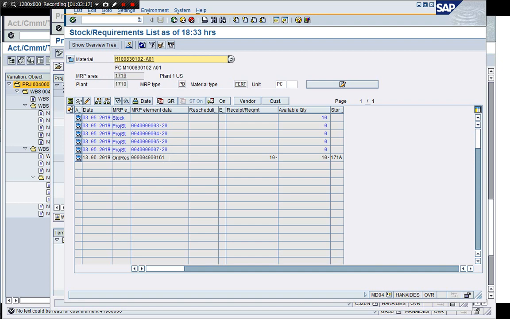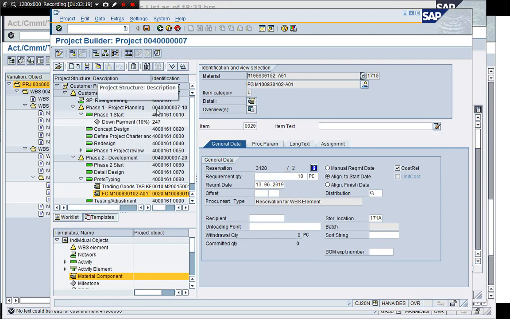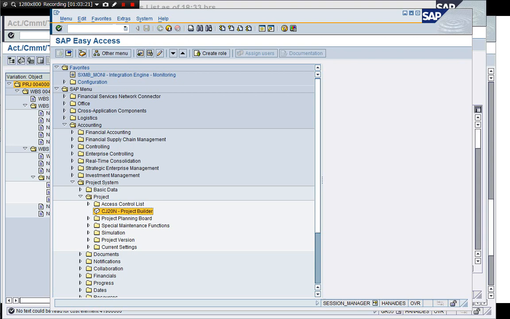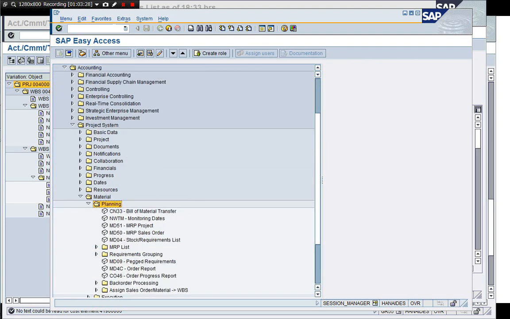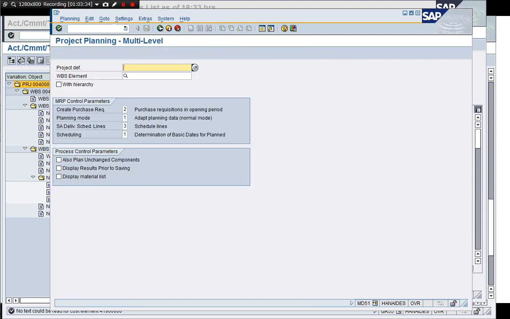So 7 and all the reservation. We don't need this. Material. There's comedy 51 here. Project definition. We run it for project definition,